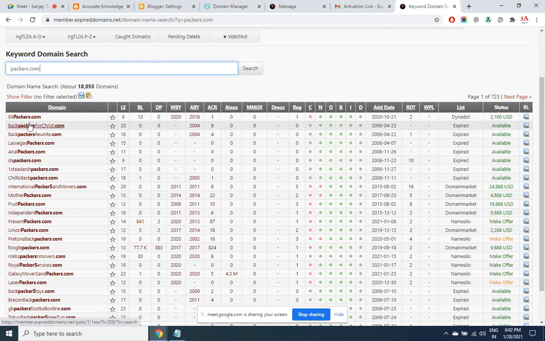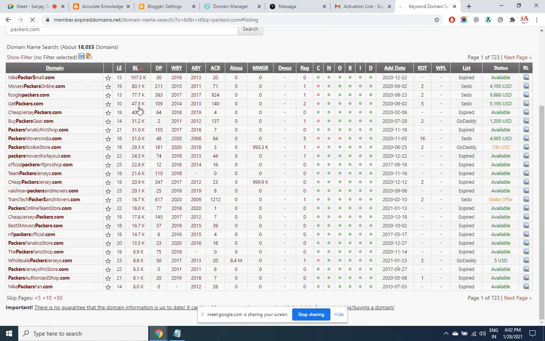Within this, if you see, backlinks here are all 0, though they are available for regular price. You can make use of the ascending descending option. Now look at this domain, NikePackersMall.com. Backlinks are heavy, available for regular price, and quite an old domain. But the thing is to check whether it is spam or not.